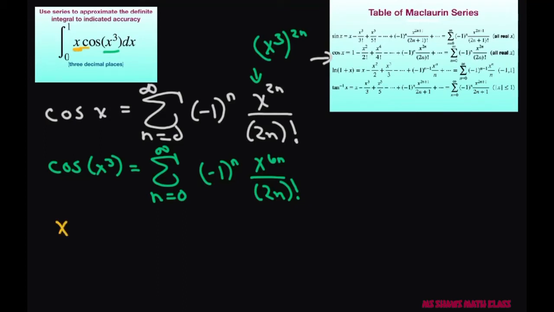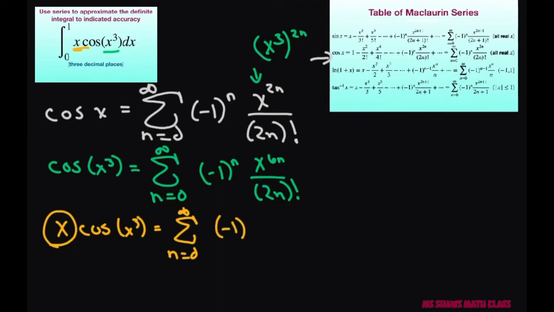So if we have x cosine of x cubed, this is going to be the sum n equals 0 to infinity, and we're going to multiply through by x. So let's take negative 1 to the nth power times x. Now if I multiply this by x, this is going to end up being 6n plus 1. You just add the 6n and the 1, and we have 2n factorial when you divide. Okay, so now when we integrate this,